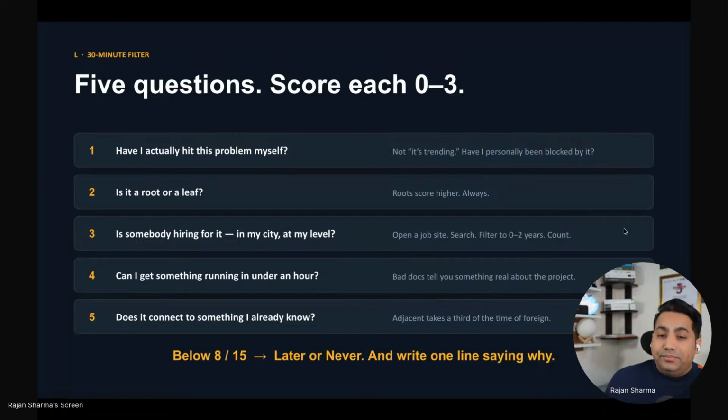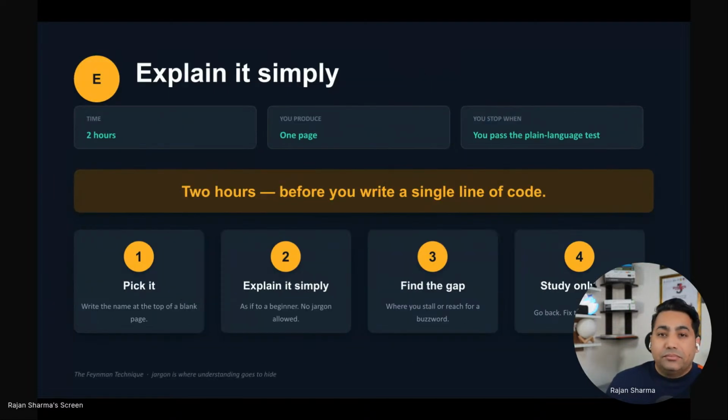Now, let's move from L to the E, the second phase called Explain it simply. So you produce one page, and here what you're going to do is,